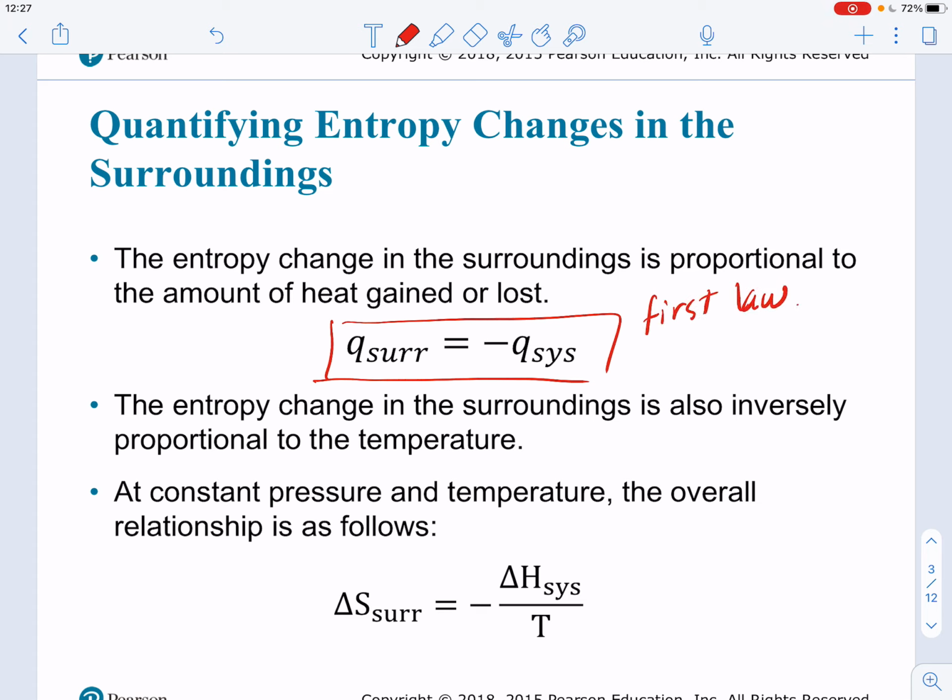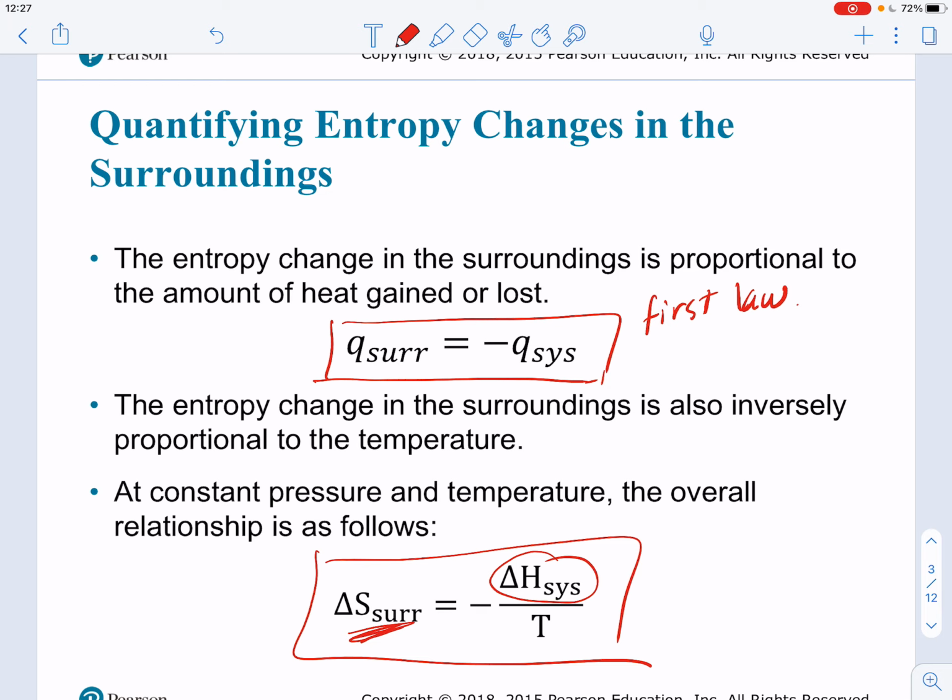Okay, whatever happens to the system happens to the surroundings with the opposite sign. That is true for heat exchange, not so much for entropy, but we can use this, right? So therefore, based on that, and with certain given conditions, we can assume that the changing entropy of the surroundings, well, it depends on the heat that the system is either releasing or absorbing, but the relationship is that whenever you're calculating the changing entropy for the surroundings, you have to look at